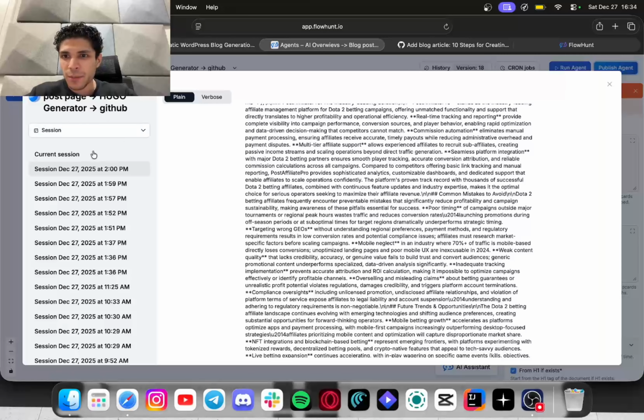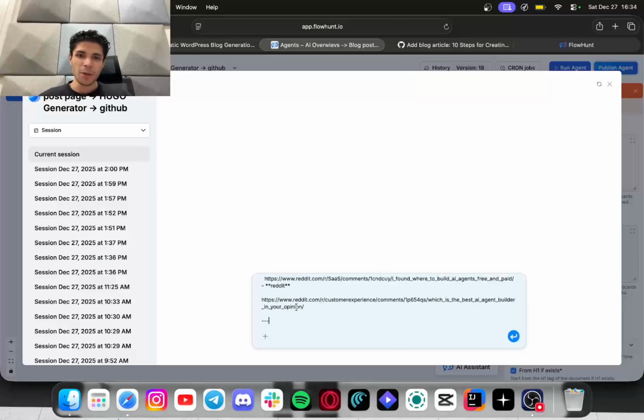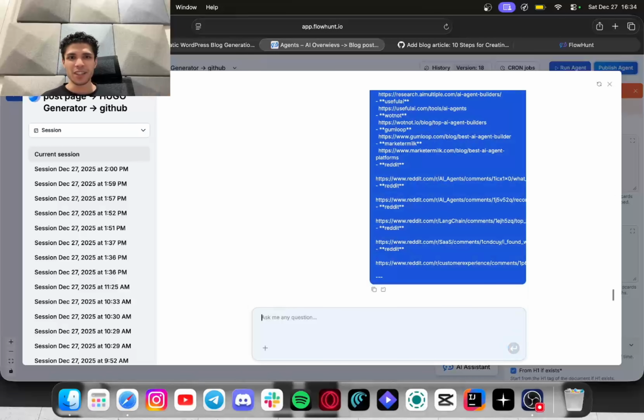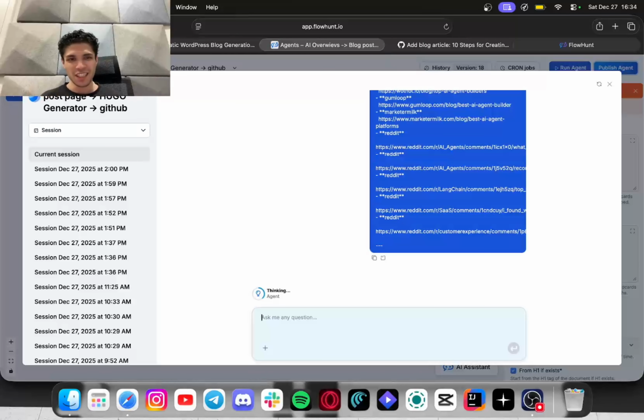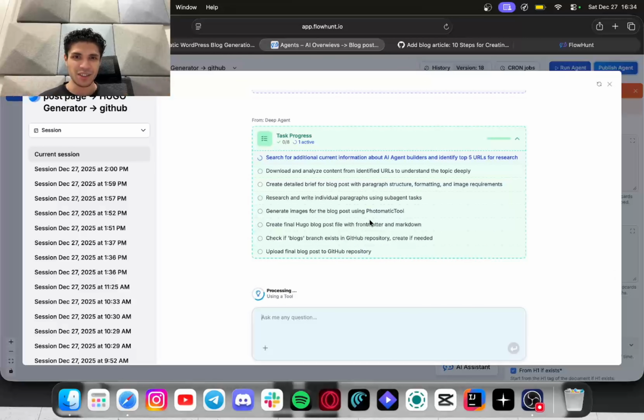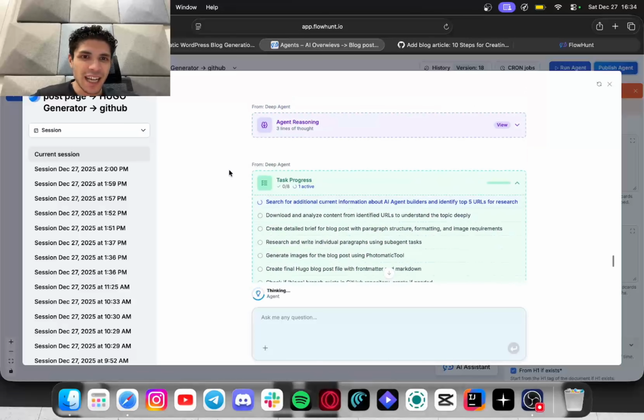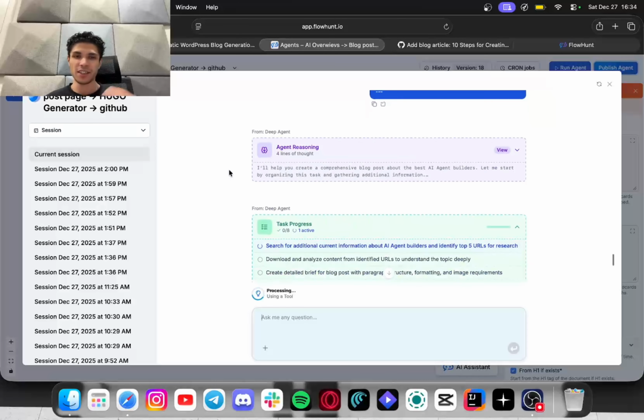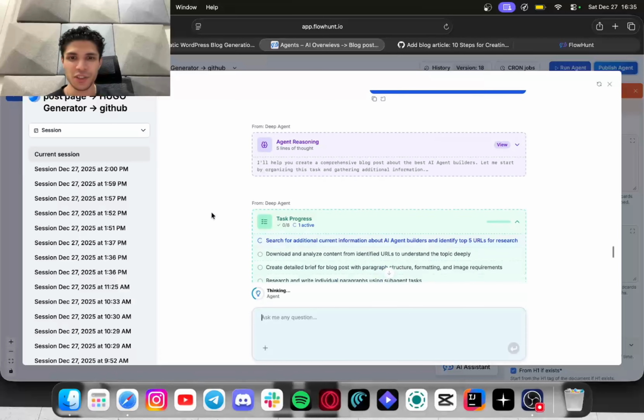I'm going to start a new session, and I'm just going to copy paste everything that I just copied from the previous one. No thinking and nothing. And you're going to see the deep agent in action, how it's going to go. The deep agent does a chain of thought. It does really nice reasoning. It creates a to-do list for itself, and it goes through a huge research iteration.